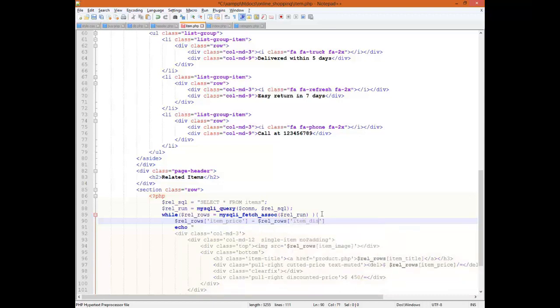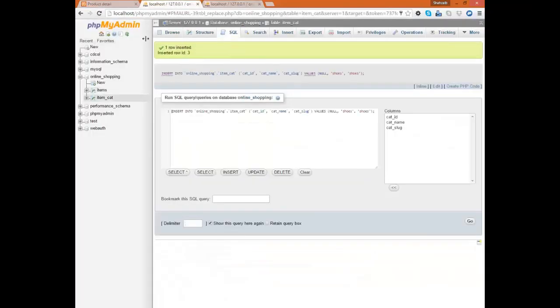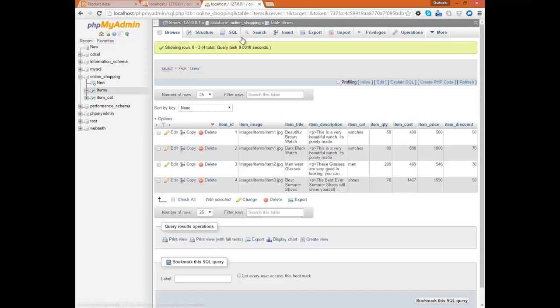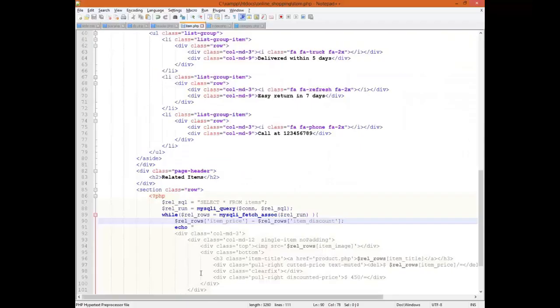item discount. This is the item discount, which actually has the discount value. I'm just going there, you can see that item discount. This is pretty fine. Go to the notepad back, wait for a while. Yeah, I'm just going to the notepad, and here